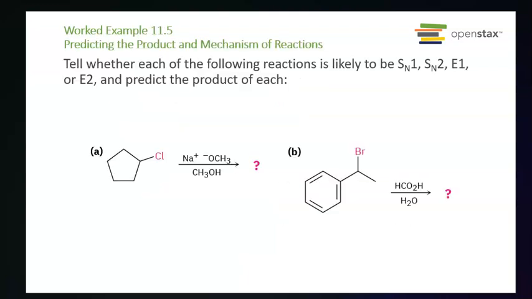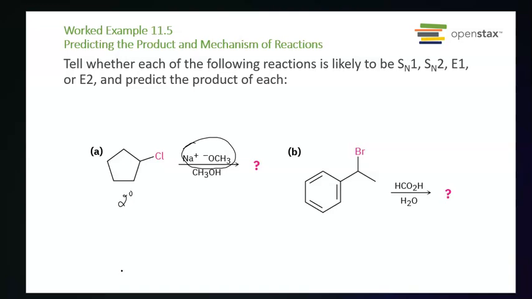Okay. Now this is an example where you are asked to use your knowledge of all the 4 reactions to see if you can predict the product of these reactions. So when you have a question like this, the first thing you should check is what kind of substrate you have. Here is a secondary, right, which tells us that it could be any one of them. The substrate is not giving us any idea whether it is SN1, SN2, E1 or E2, because it could be any one of them. So we go to the next step and check the